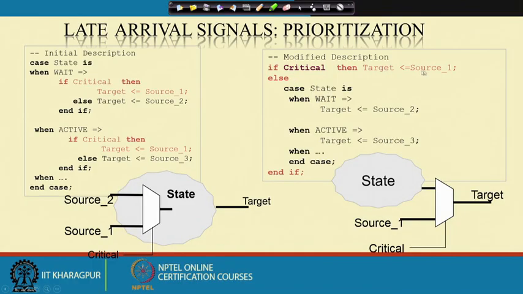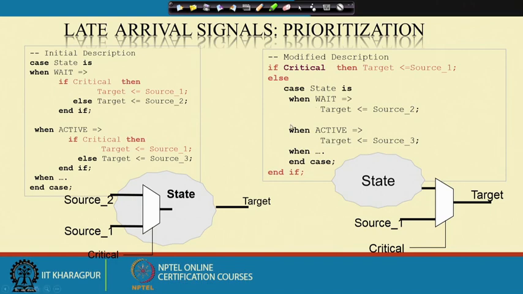automatically source 1 will be selected, as in both the states the target is selected as source 1 only. That is why I can select critical equals target, which is source 1, and in the other case, whenever the condition is not critical, you wait and find out in which state it is, and then you select the corresponding target as source 2 or source 3. Okay. So, this method is known as